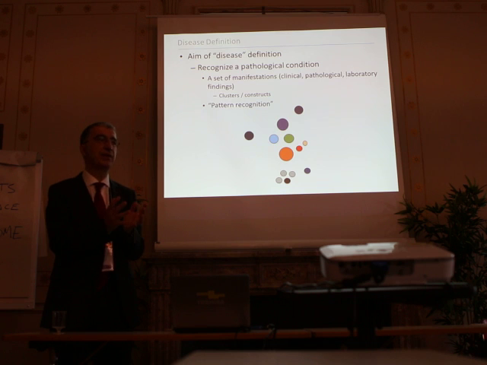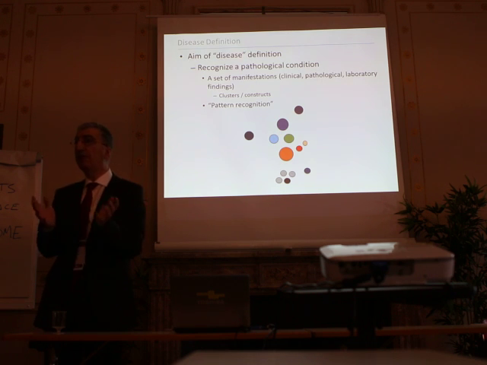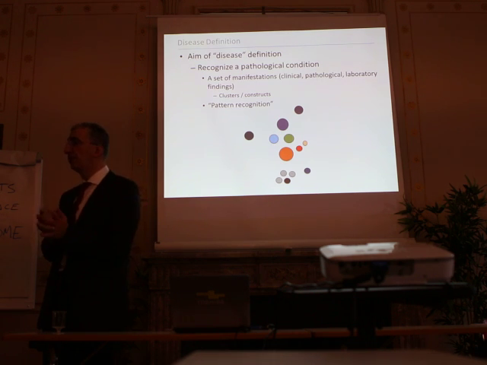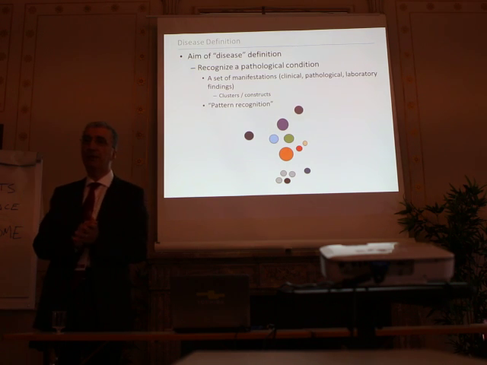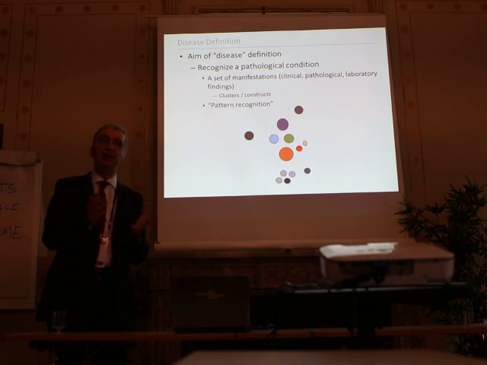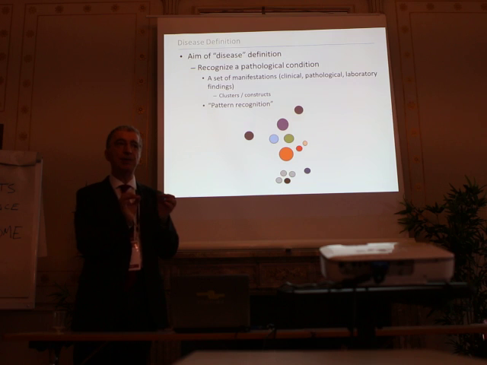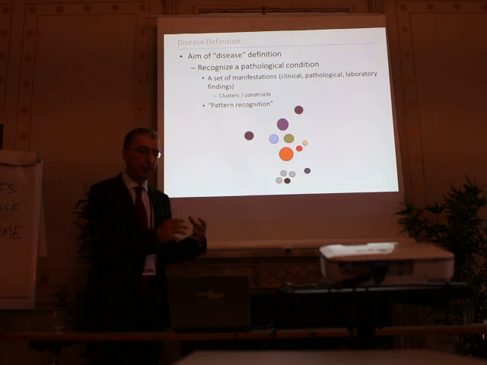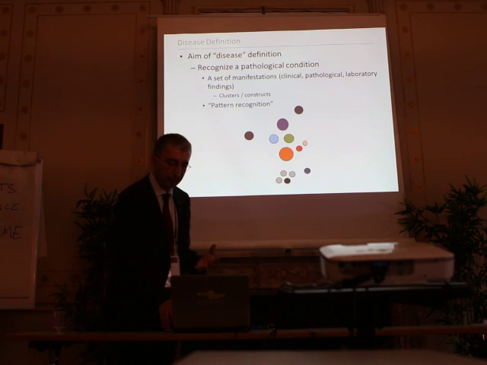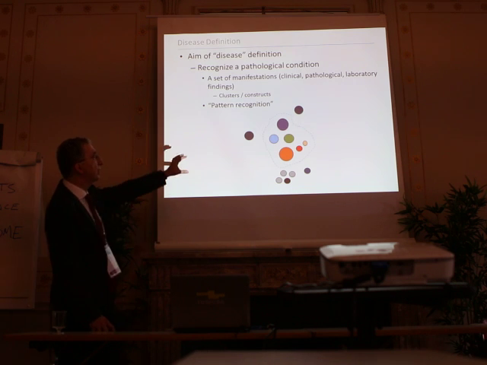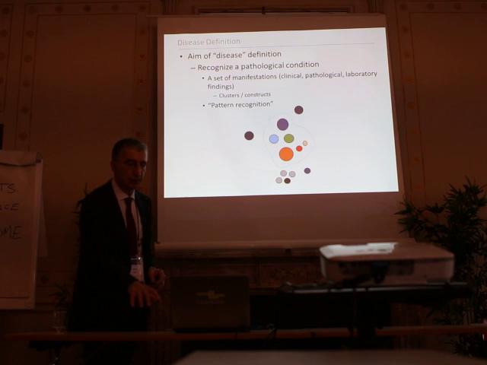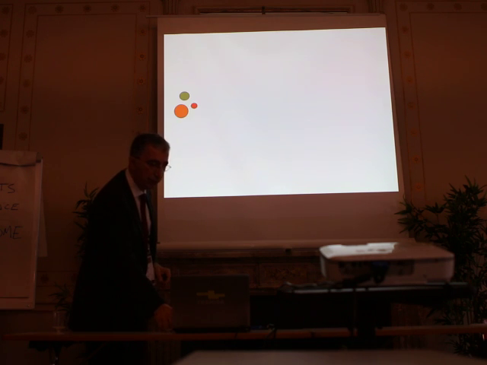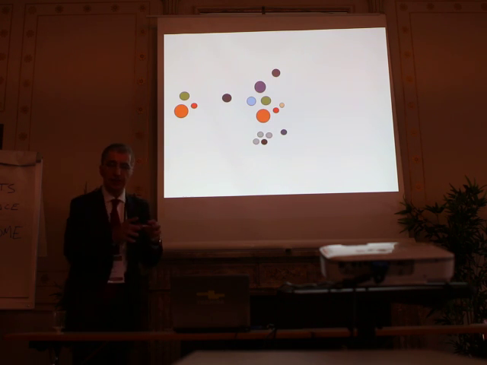So oral ulcer can be seen in several other conditions. Even genital ulcer can be seen in other conditions. Uveitis, but if it is a specific posterior uveitis, with the specific features of the disease, is usually very Behçet's disease specific. So some features may be specific, some may not. So we discussed with Hasan Yazıcı these patterns, but what we recognize is just a set of manifestations, different from similar manifestations. So this pattern recognition is aiming to recognize the main features.